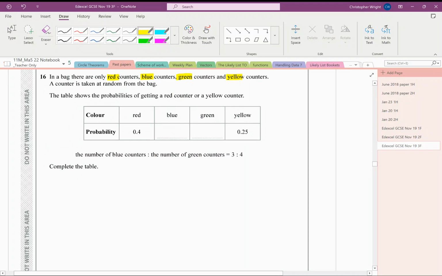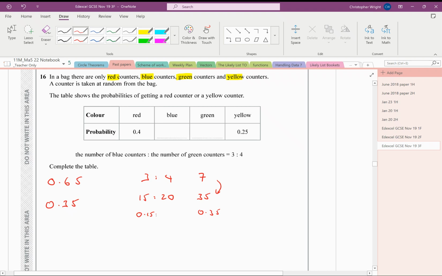Complete the table. Well, we know that the probabilities that we know so far add up to 0.65. So we know that the probabilities of blue and green must add up to 0.35. And we know that they are split in the ratio 3 to 4. 3 to 4 adds up to 7. So if we were splitting 35 in the ratio 3 to 4, we would be timesing it by 5, wouldn't we? 15 to 20. Actually, we're splitting up 0.35, so that's going to be 0.15